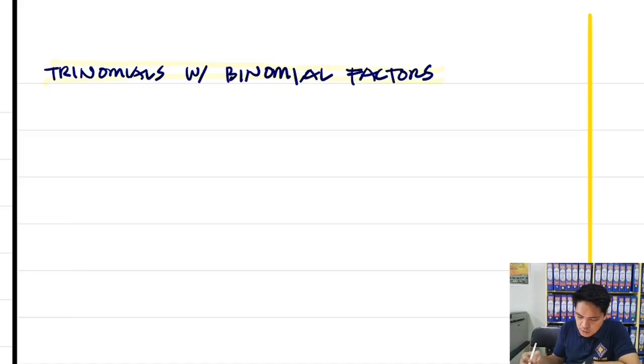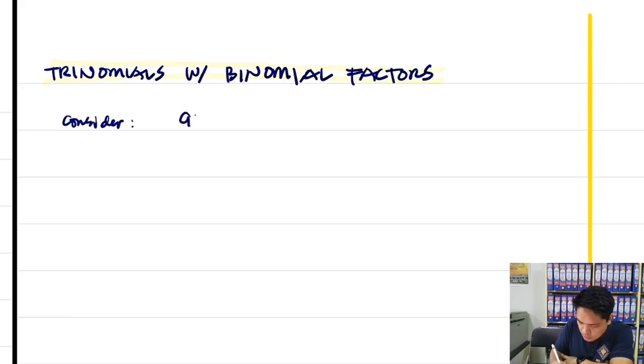Okay, and I think you are familiar with the rule FOIL. Okay, if you multiply two binomials, the result is a trinomial, right? We do the process by FOIL. So in this particular case, we'll be using the process of FOIL in order to get the factors of a trinomial, or the binomial factors of a trinomial. Okay,